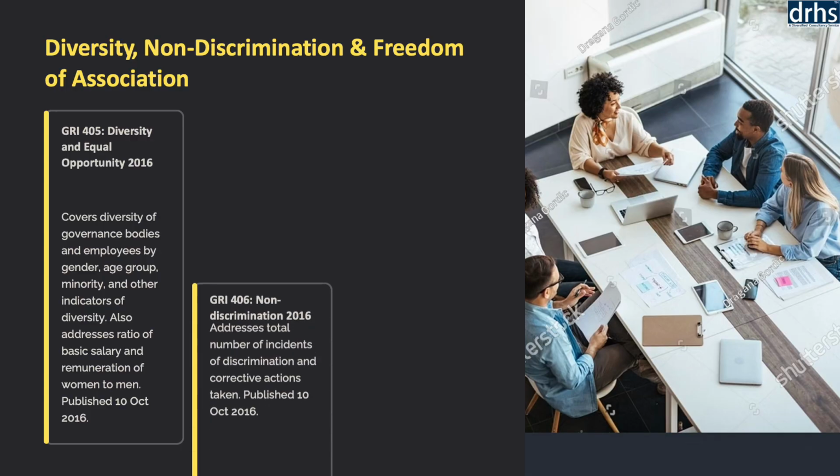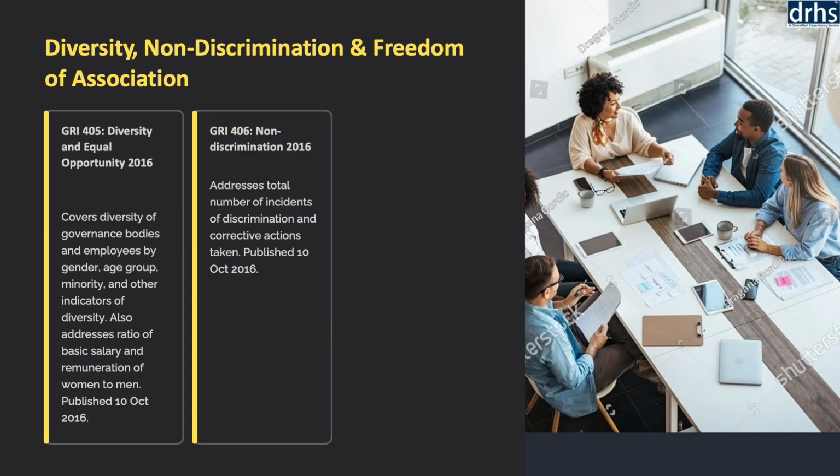GRI 406, Non-Discrimination, 2016, reinforces a zero-tolerance approach to discriminatory practices, requiring transparent disclosure of incidents and corrective actions. This standard highlights the necessity of embedding fairness and respect within corporate culture, ensuring equal treatment irrespective of background or